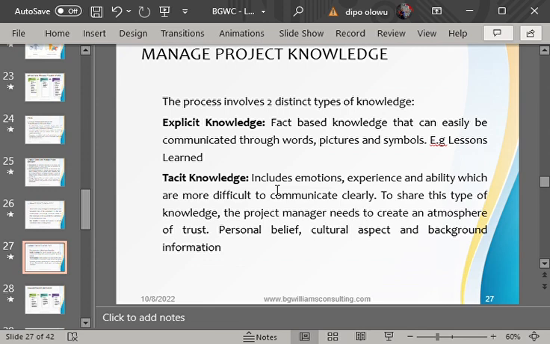Then in such case, we can say that that is a tacit knowledge, which means it is a knowledge that cannot be easily communicated. Maybe because of his experience and because of the belief of the person and because of the emotions of the person.